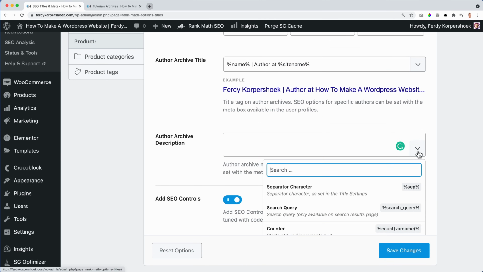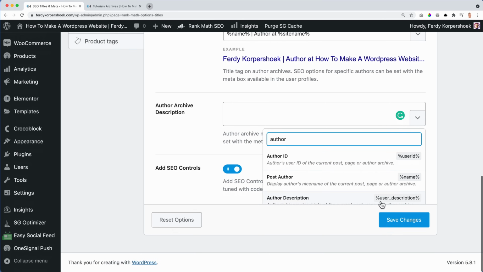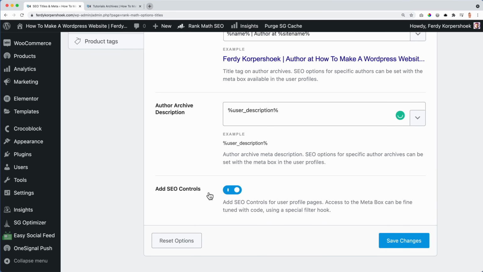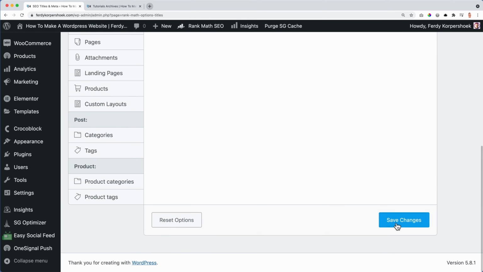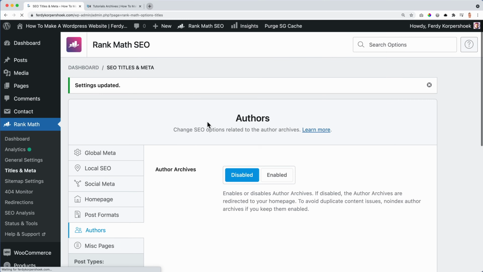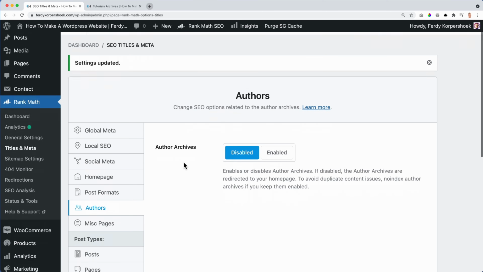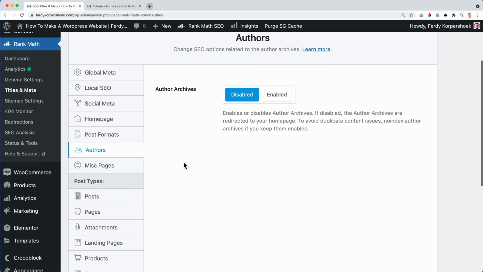And over here, you can search for author description and turn it all on. I disable it because I only have one author. And if you turn that on while you only have one author, that can cause some confusion at Google. And we don't want Google to be confused about our website because that will not be beneficial to us.